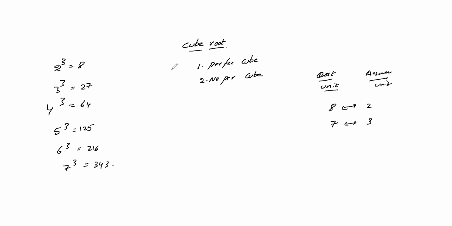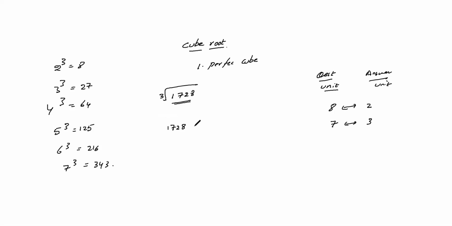So to understand that, we'll do a small sum here. The question is very simple, simpler than square. The question is cube root of 1728. Just try to understand. When it is the cube root of 1728, what will I do? I will check. First I'll find the unit digit.